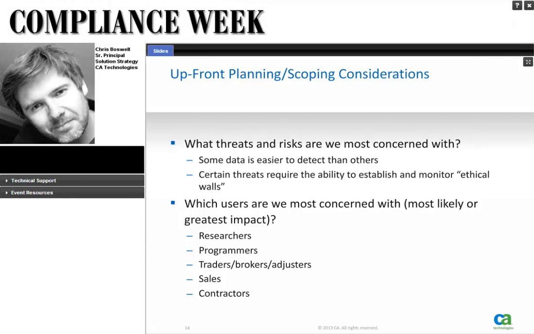If you're primarily worried about PCI and compliance or credit card numbers or social security numbers getting out, and that's your core data, then that data is really easy to detect. If your risks and threats are more behavioral in nature, or you have requirements to monitor or prevent insider trading or bribery, if you're doing business in a foreign country, so Foreign Corrupt Practices Act, then you need to understand that up front and adjust your staffing and your procedures and policies and your technology accordingly.